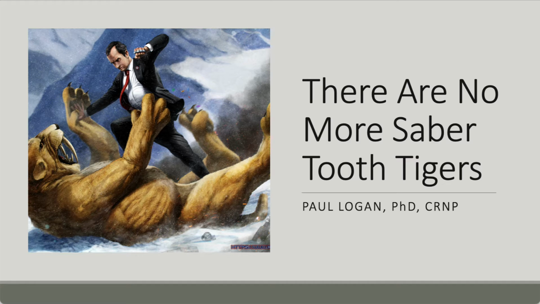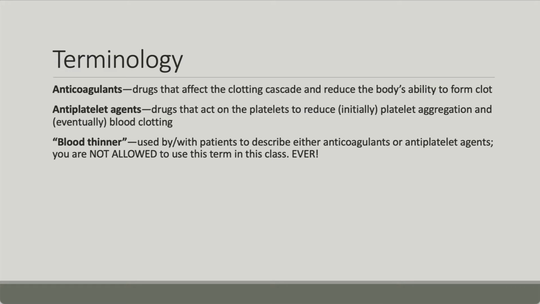We're going to talk about how we poison the clotting mechanisms in our blood. Before we do that, you have to know a couple of terms. One is anticoagulants. This is the drugs that affect the clotting cascade. Remember that whole protein flow chart that you tried to learn and then gave up and just settled for knowing that factor 10A was the common denominator for both of those intrinsic and extrinsic system?